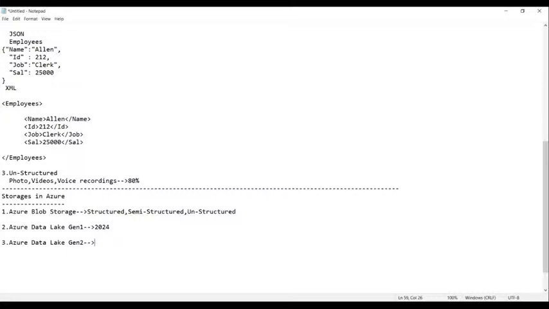But most of the time, the data which is mostly used for visualization purposes, that means for the purpose of analysis, whenever we want to use the data, such kind of data is mostly recorded into this Azure Data Lake Gen 2.